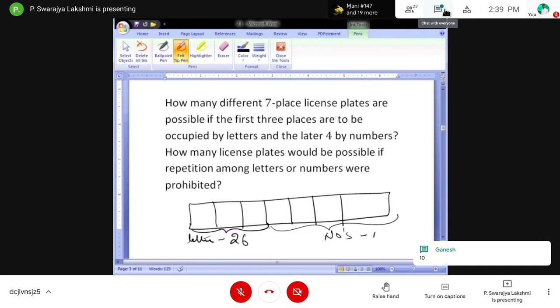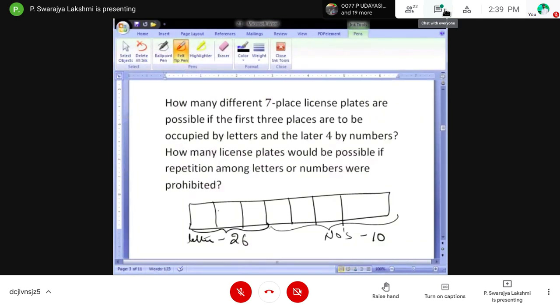A license plate looks like A, B, C and so on. We have to see whether the letters and also the numbers are repeated or not repeated.